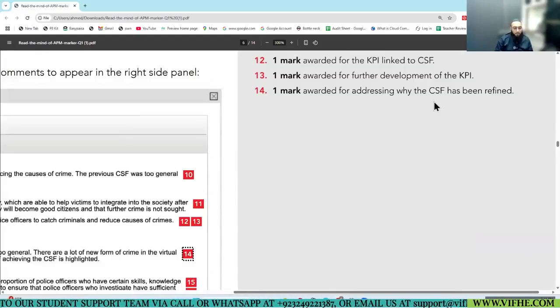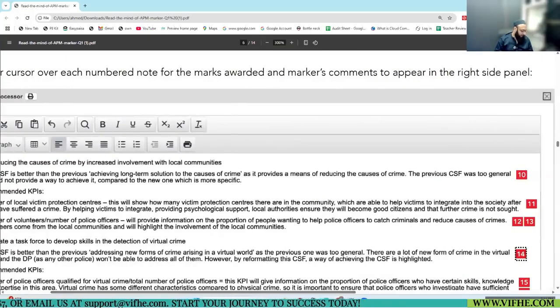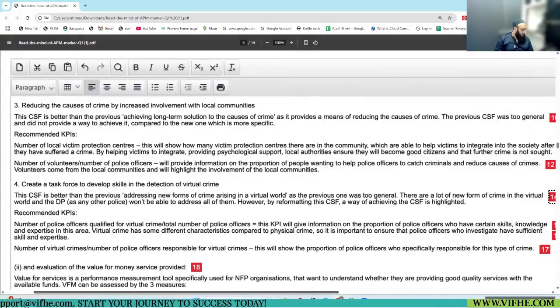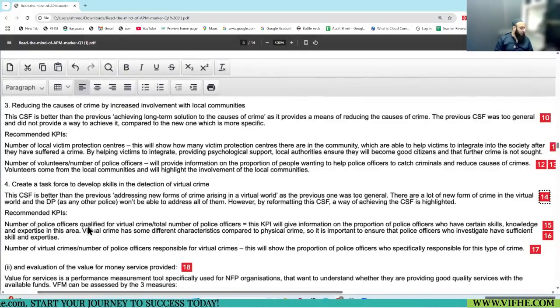1 mark has been awarded because the student tried to explain the reason for the redefined CSF. What are the KPIs? Number one, number of police officers qualified for virtual crime divided by total number of police officers.